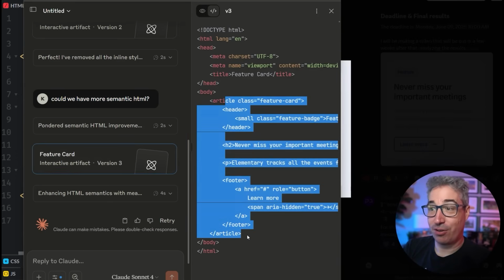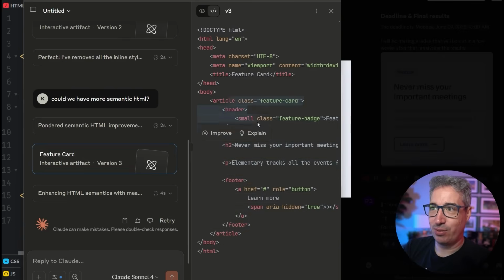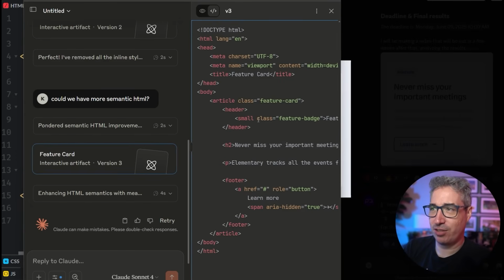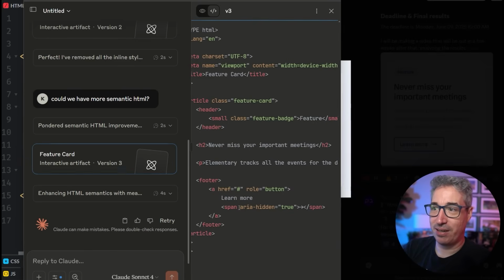So it started with the article. Okay, fine. Article. Oh, look, it actually used the header. I don't know why it decided to put a small. I think somebody in the challenge used small there too. I don't really use small very often. I don't know. It feels like a weird one to me. Whatever. It used the header, which is fine. It did that as a small instead of a span. It did a heading, paragraph. It put the footer. Then in the footer, which again, I don't think we needed, it did put a span with an aria-hidden if true around the little icon, which is fine. But